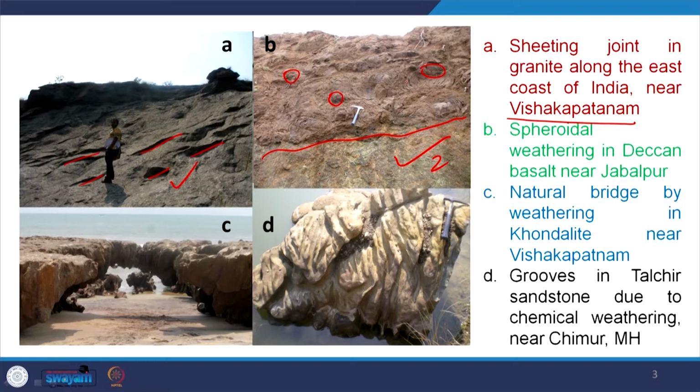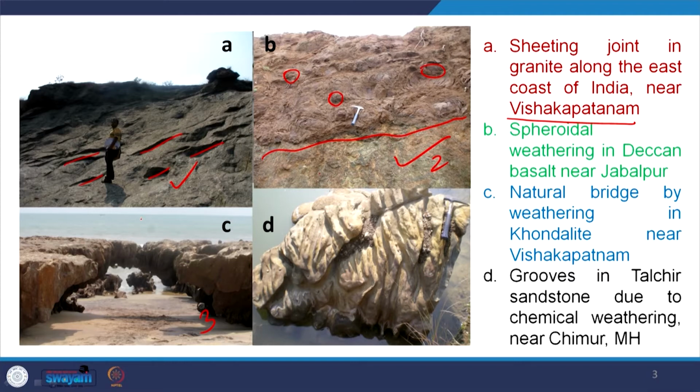So, that means there is a cabbage type of weathering, and a layer type of weathering which is spheroidal. This is typically called spheroidal weathering. Spheroidal weathering is typically found in basalt, and if you see, there is a cabbage-like layer of rock that is getting removed.